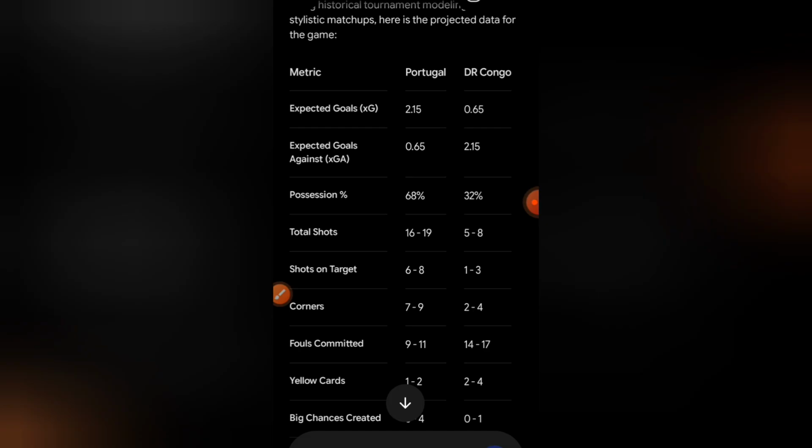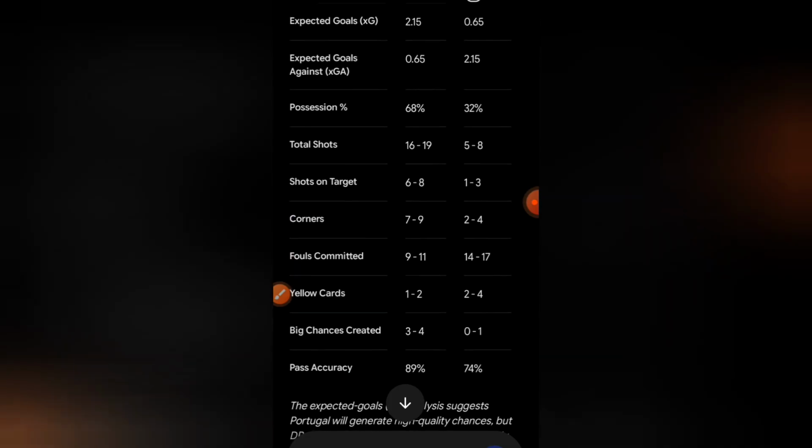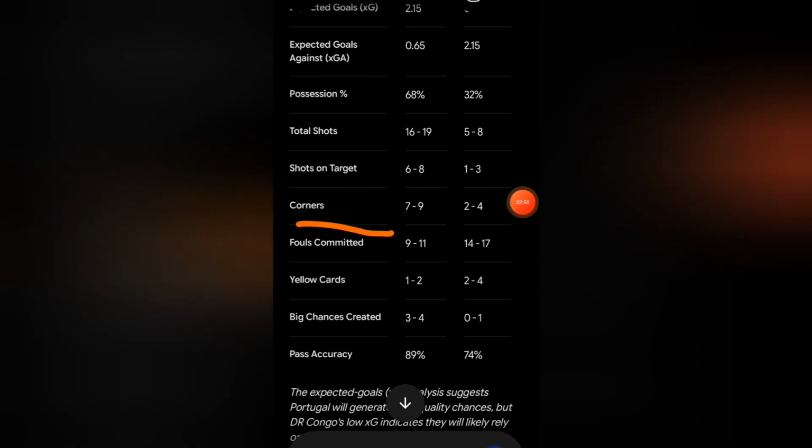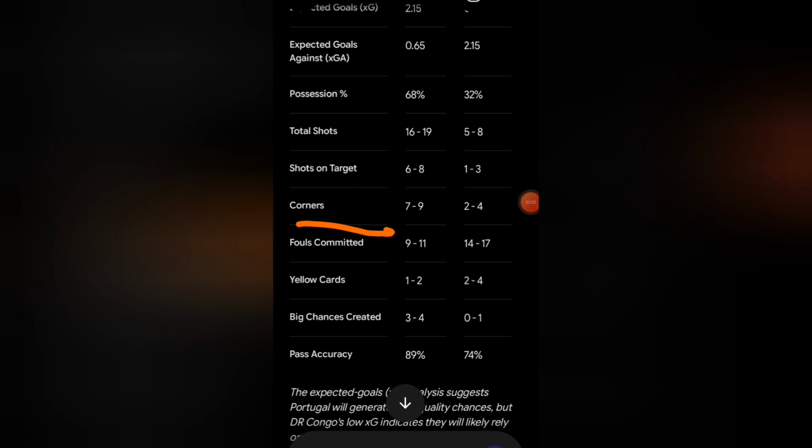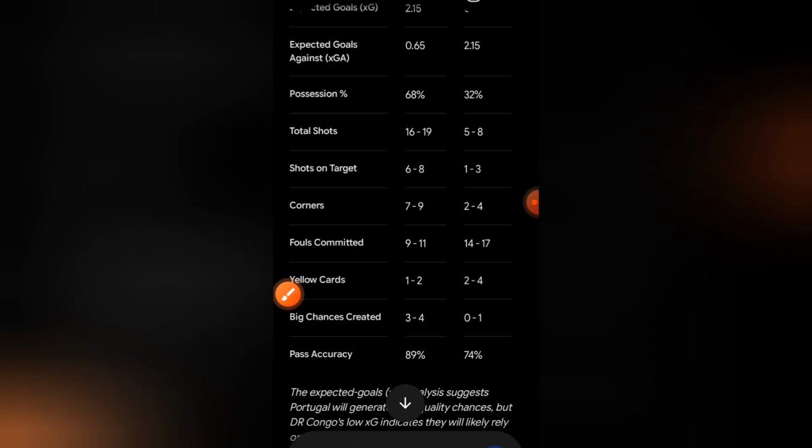Now, looking into the total corners of this match, I'm not expecting so many corners in this match, but unfortunately, predicting corners in the international context is not advisable because of consistency. Now, moving on to the total fouls to be committed. Of recent, I noticed that inconsistencies are occurring in most of the games of these international teams.